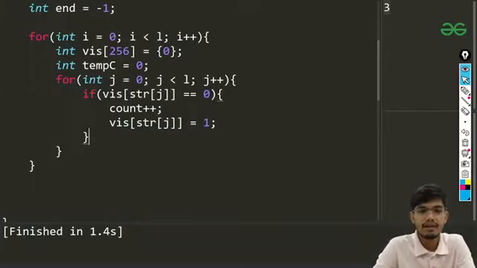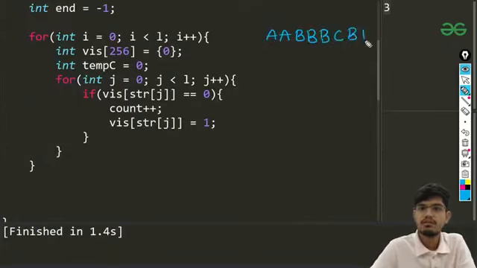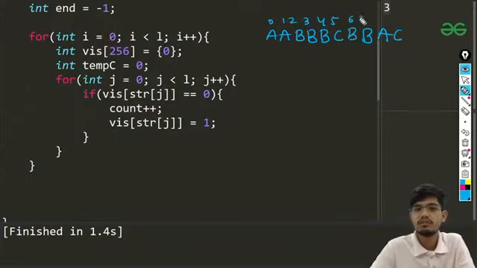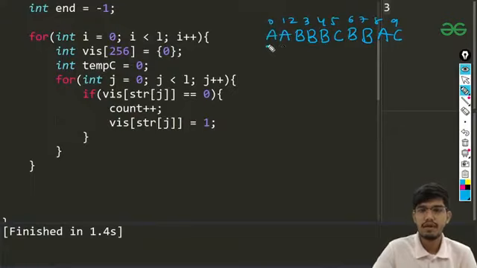Now we have done that. Up to this point, I'll be writing this string at the side so that we can refer to it. So this is A, B, B, then we have C, double B, A, C. These are the indices. Now we have started from here, and we are trying to get into this. We'll be counting this, and even up to this we'll be getting the count as 3. So this is the first step in which we are counting them.